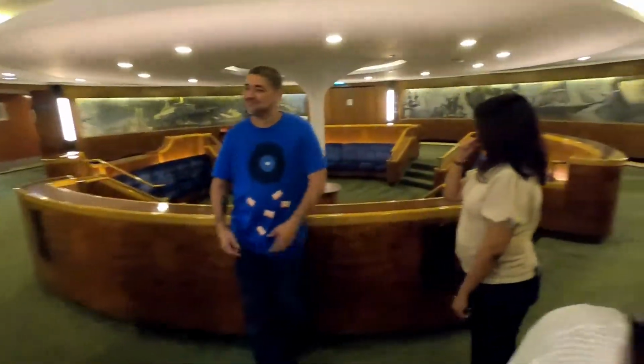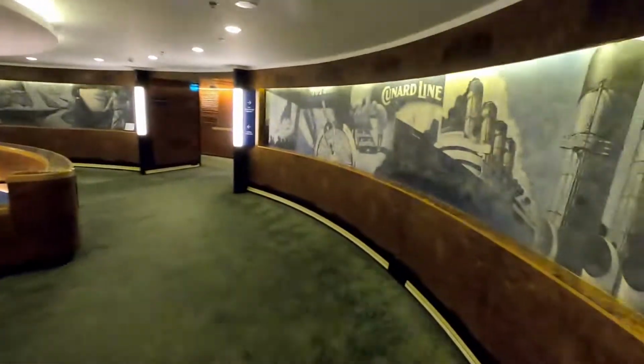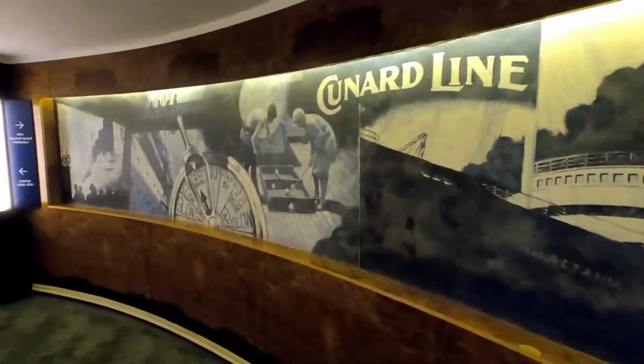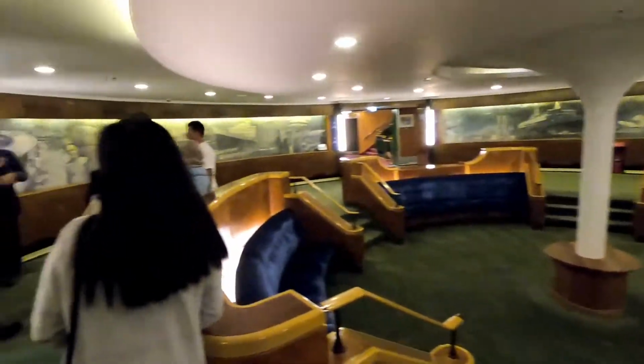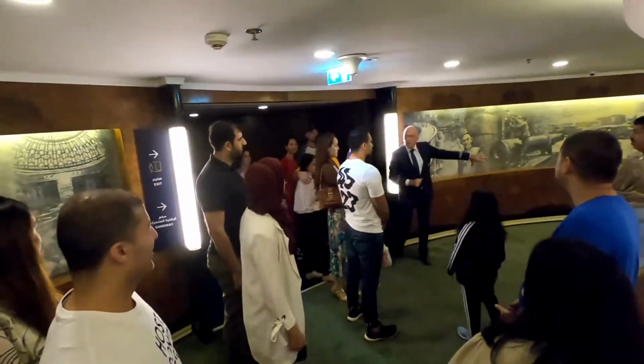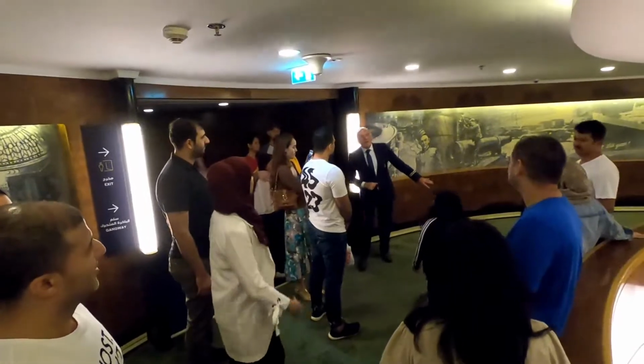And here we are then in the midships lobby. Now this, for me frankly, is a very nostalgic place because if you can imagine, 26 years ago I was standing here in this spot welcoming passengers on board prior to sailing around the world. My colleagues standing here, there would be orange juice and champagne here, I'm not sure where that's gone. And there would be